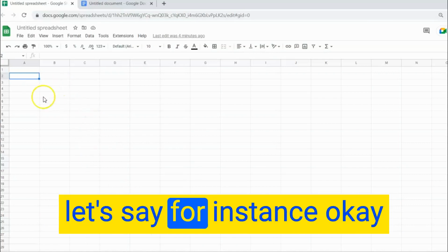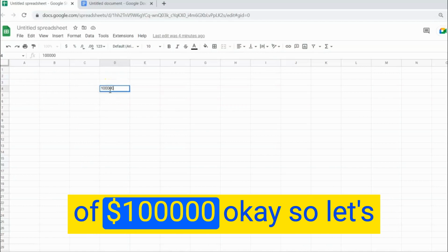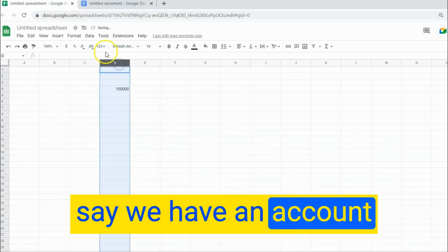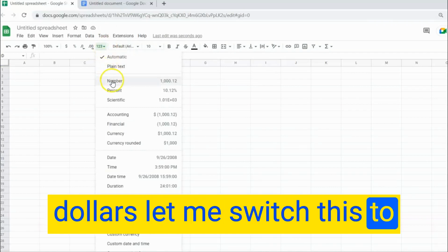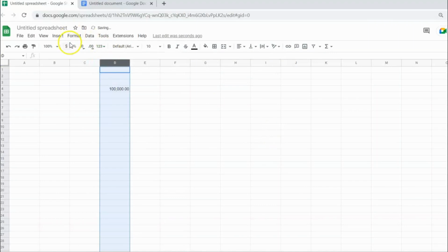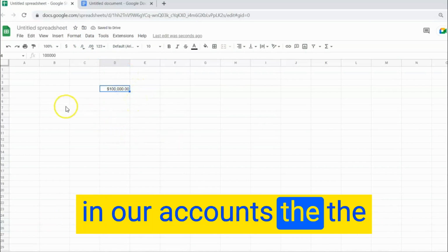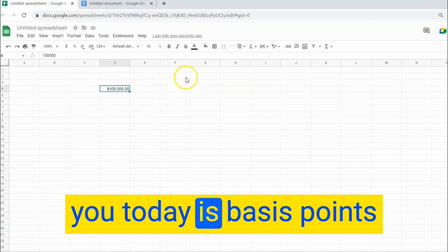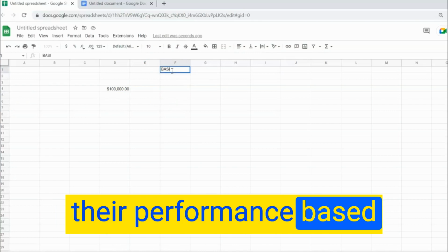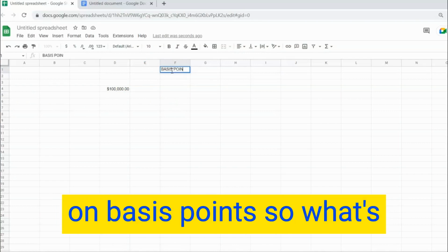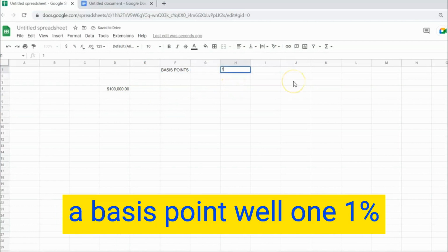Okay, so let's say, for instance, we have an account value of $100,000. If we have $100,000 in our account, the term that I want to teach to you today is basis points. Professionals look at their performance based on basis points. So what is a basis point? Well, 1%